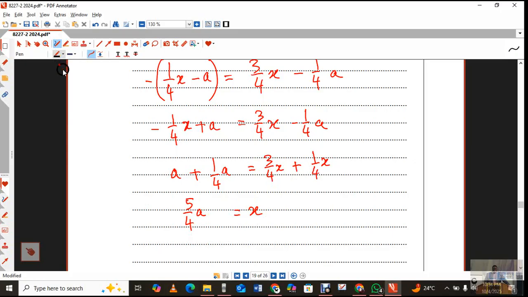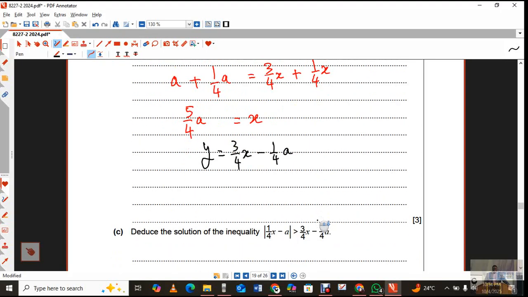Right, let's bring my equation to find the y value. And which equation will I use? I will use obviously 3 over 4x minus 1 over 4a to find my corresponding y value. Alright, and if I do that, I will find that y equals 3 over 4. And what is the value of x? Well, that is 5 over 4a, right, minus 1 over 4a. Right, so if you clean this up, y will be 15 over 16a